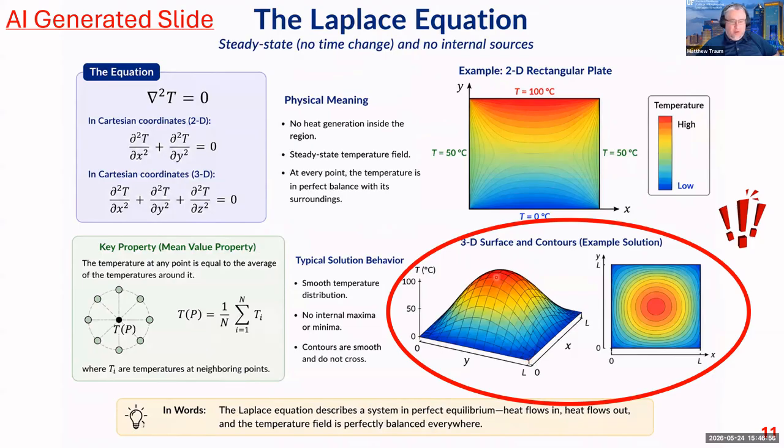Because where does the heat come from, right? What would happen is it would immediately just dissipate away, and then you would not be in steady state anymore. So I took one look at this and I'm like, holy cow, this is wrong. And AI, in typical AI fashion, is just kind of telling me that this is the right surface contour for